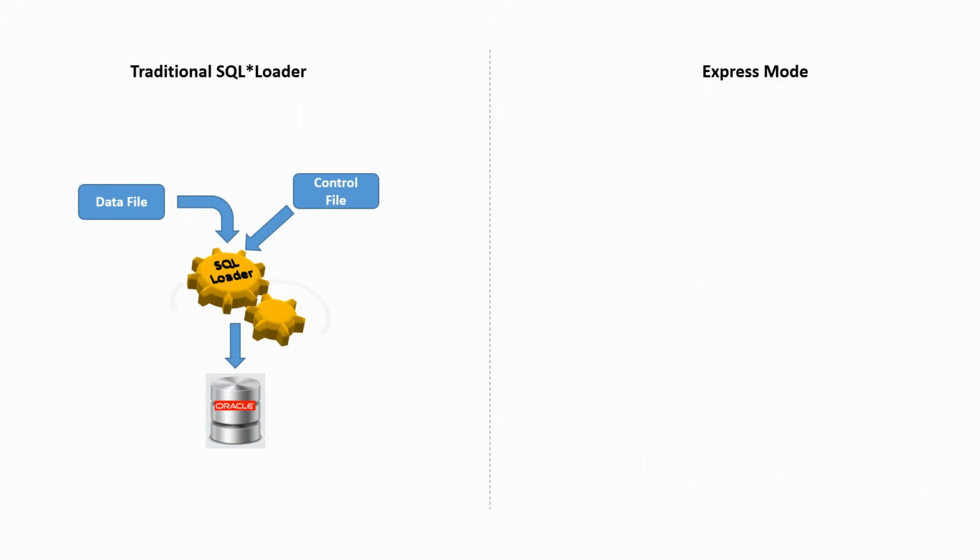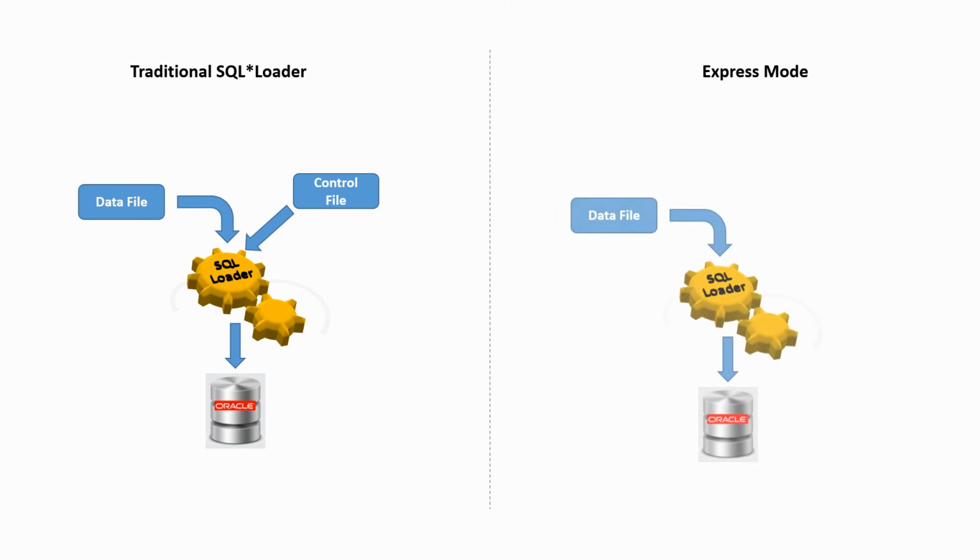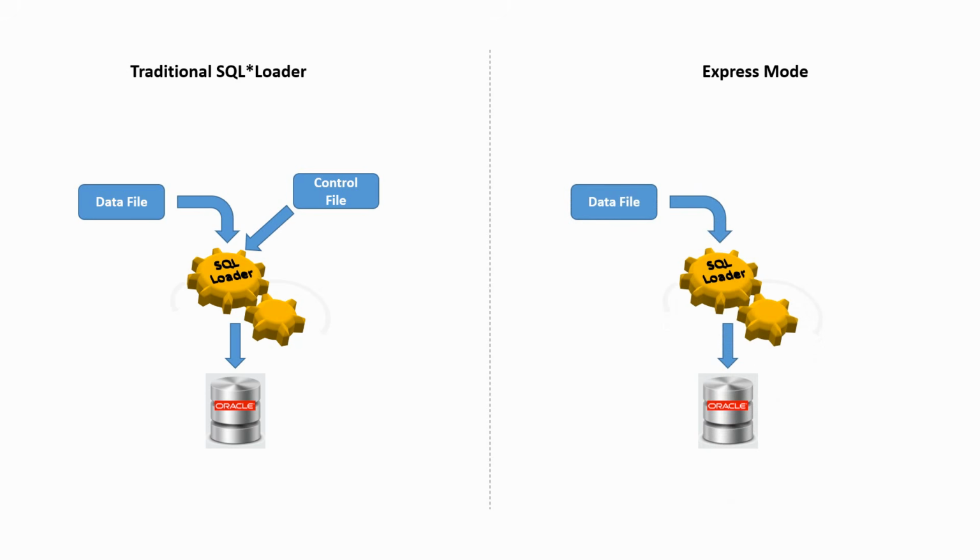In a traditional SQL Loader, we'll be using the data file as well as the control file, because as I told, the control file will have all the metadata information about the source and target. The main difference between the Express mode and the traditional mode is that in Express mode, we don't have a control file itself. Thereby it saves a lot of time because we don't have to write a control file and it will load the information from data file into the table with a single command itself. Whereas in a traditional SQL Loader, we need to write a control file which will have all the logic of